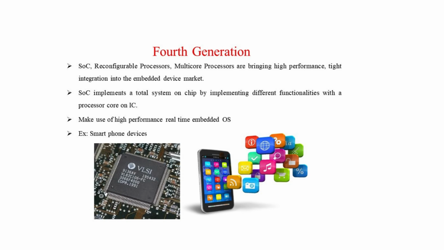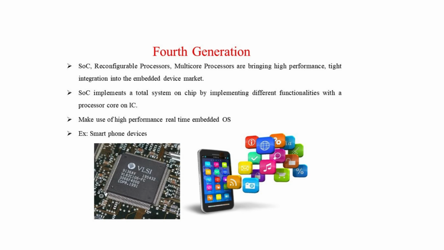The meaning of tight integration into the embedded device market is that it is more useful nowadays, because many people use the smartphone itself. Nobody uses a Nokia 1100 or the like. Everyone uses a smartphone, which has many features like internet, Wi-Fi, music player, many apps, shopping apps,